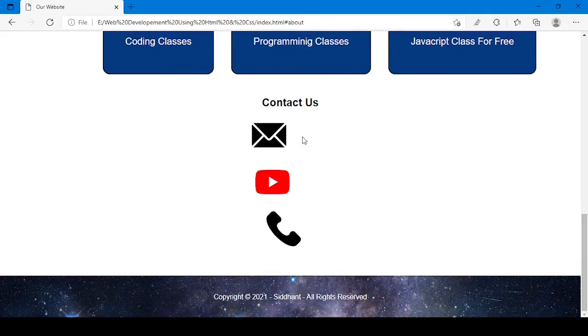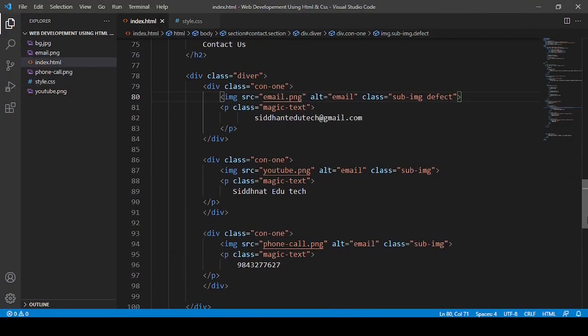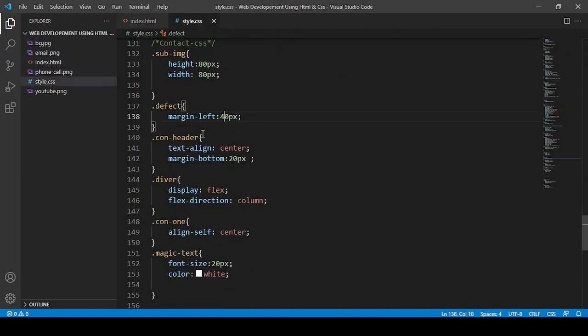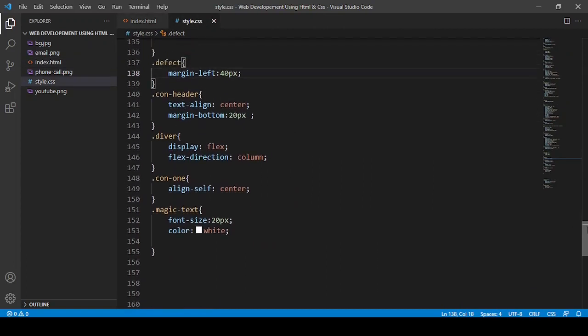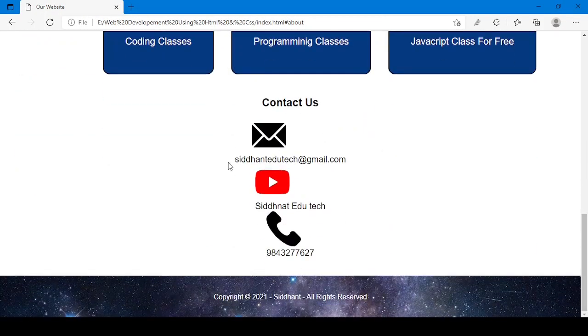Now when I hover on them, I want this text to appear. So what I can do is, first of all I will say this one I want to be in white, not in black. Okay? I'm going to say black. Now here you can see the text. Now I do not want it to appear right now, I want it when I hover on it.